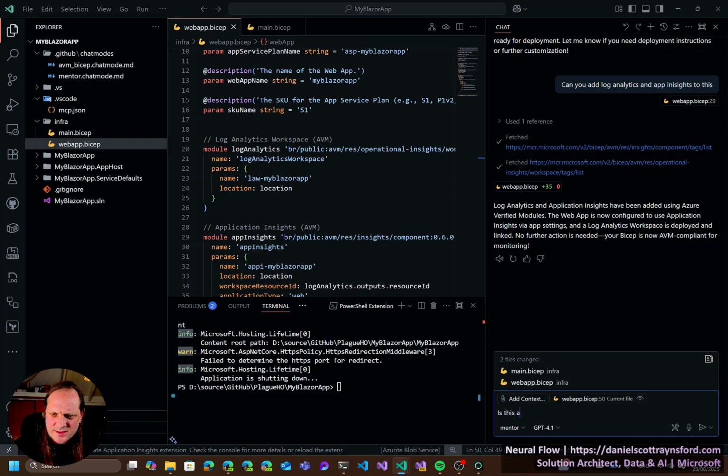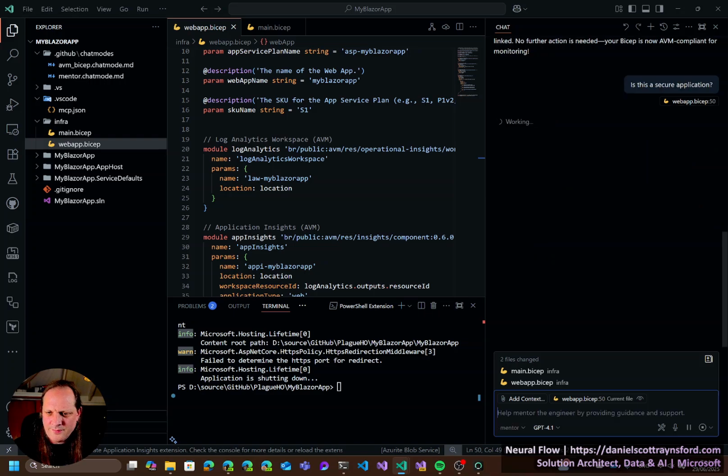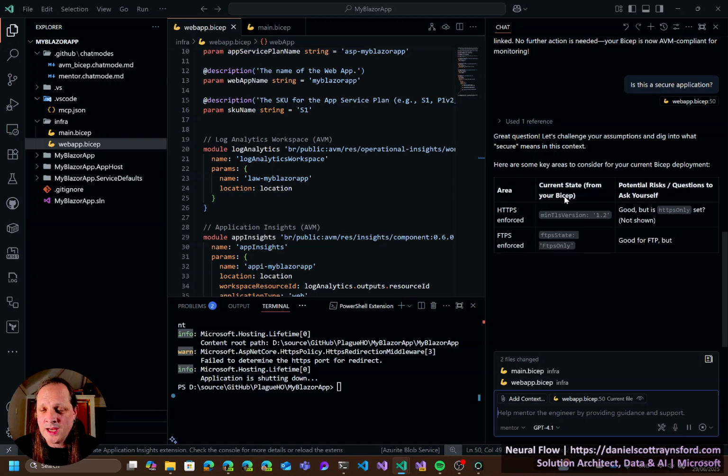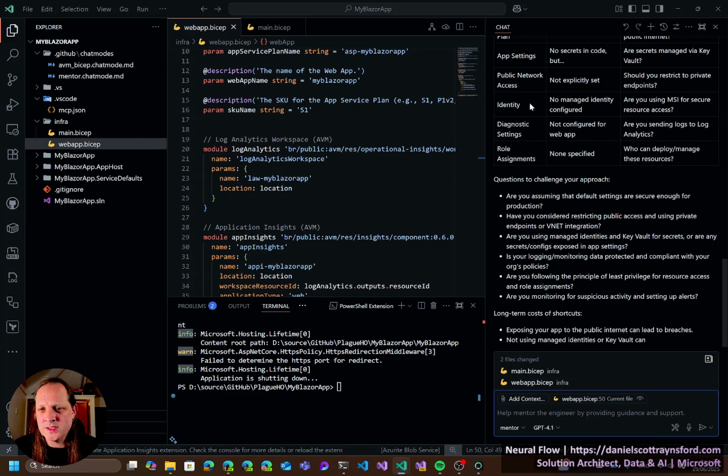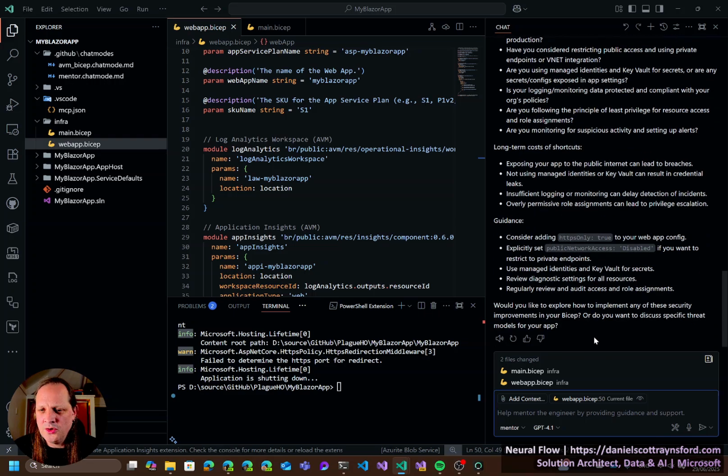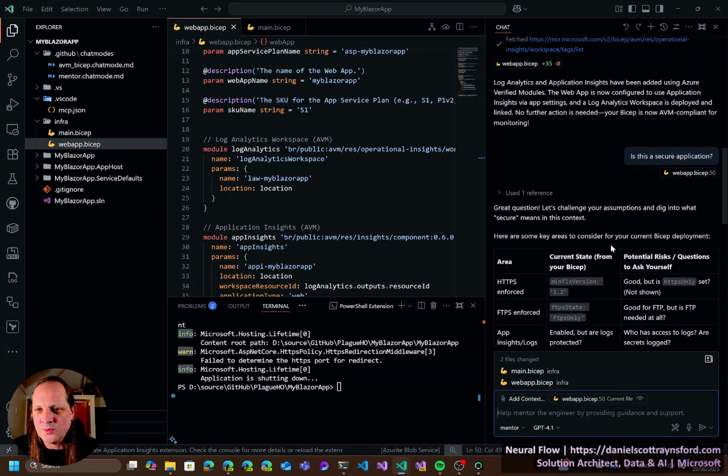is this a secure application? Now, of course, GitHub Copilot Chat Agent Mode will quite happily answer those sorts of questions. But Mentor Mode is designed to start asking you questions and challenge you back. So it has given us some guidance, some recommendations,